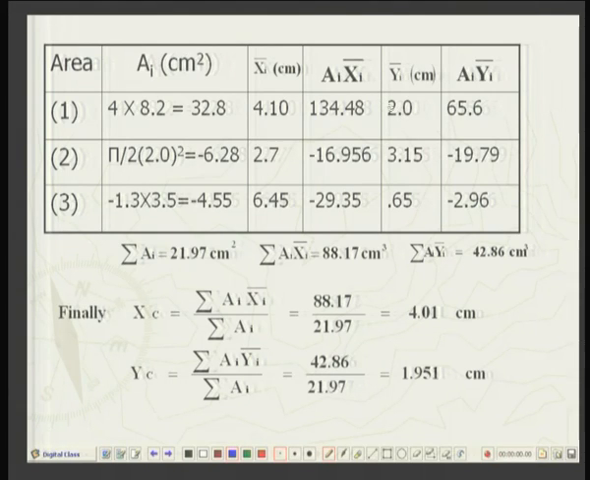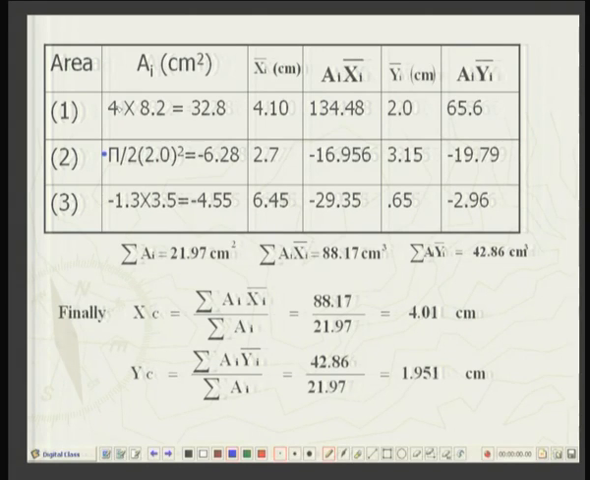Similarly, the y coordinate of the centroid is half of the height, that is 2 centimeters, and this is A times y for that. Figure number 2 is actually a semicircular notch, so it will be a negative area: negative pi r square by 2, so it will be minus 6.28. Now, we have already calculated the centroid of a semicircle. So, using that formula we will have 2.7 centimeter along your y axis,